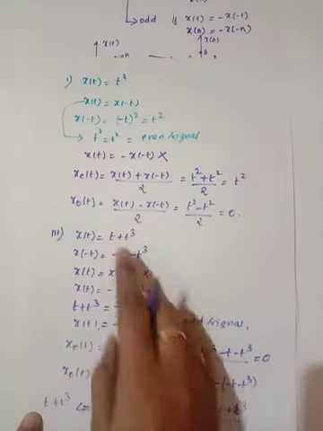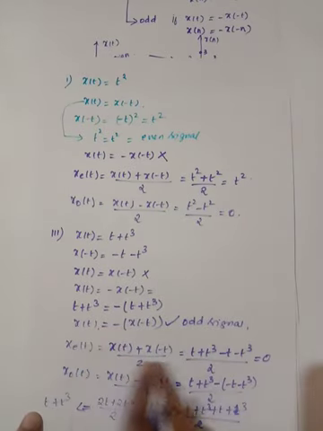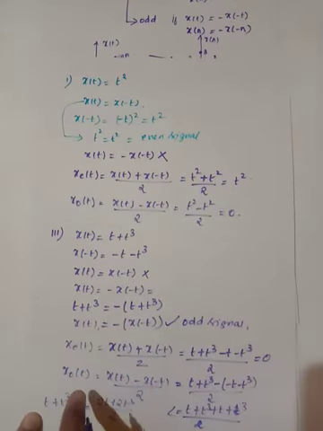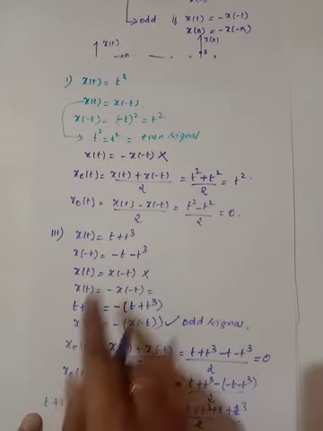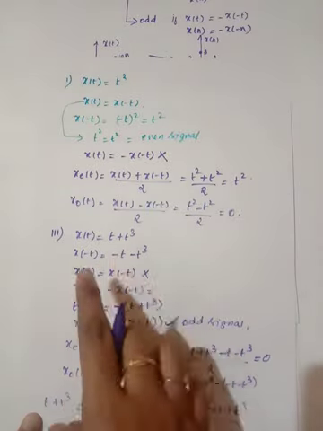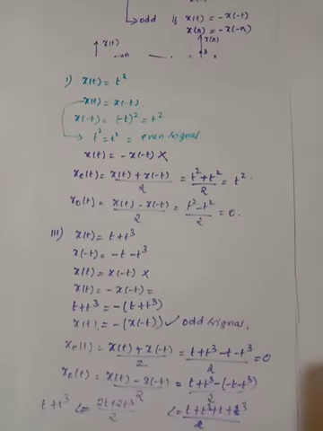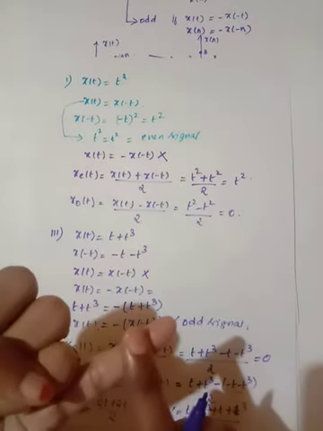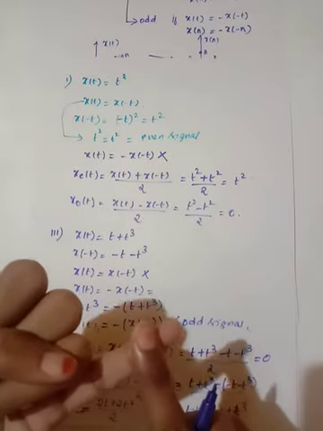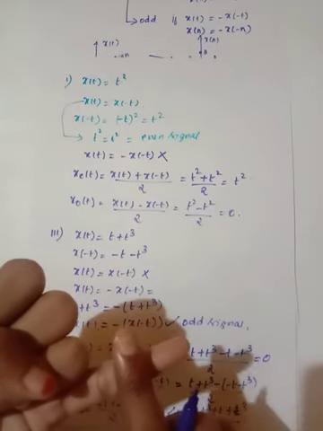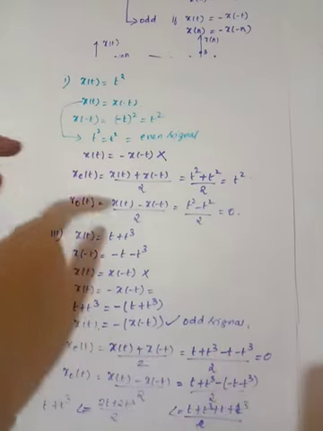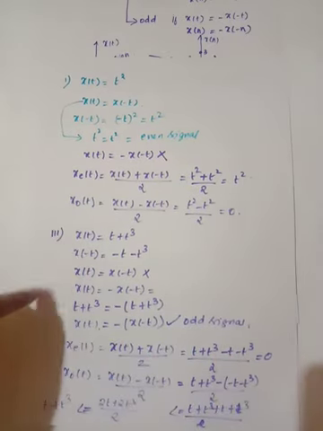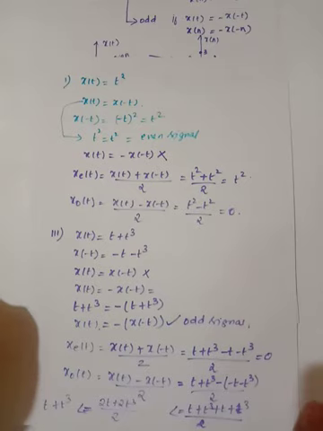So see now, since it is an odd signal, we are getting the even part of the signal as 0, and for an odd signal you are getting only the odd part, which is the same. So any signal contains an even part and an odd part. Okay, so if it is an even signal, then you get the even part and the odd part is 0. If it is an odd signal, you get only the odd part and the even part is 0.